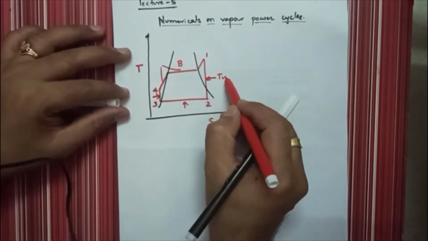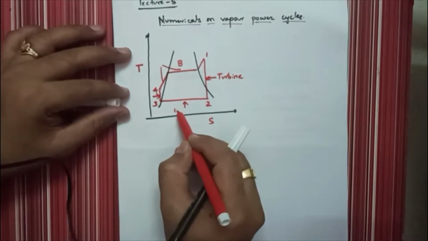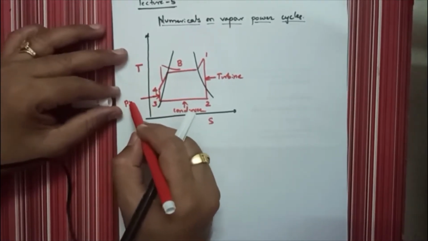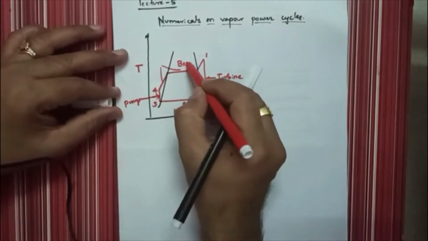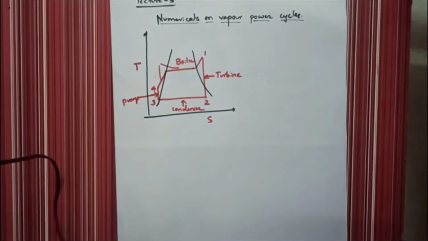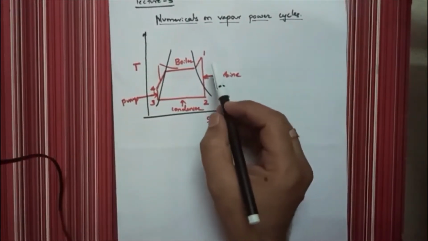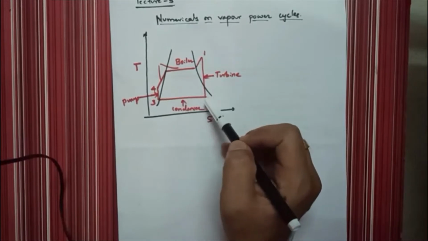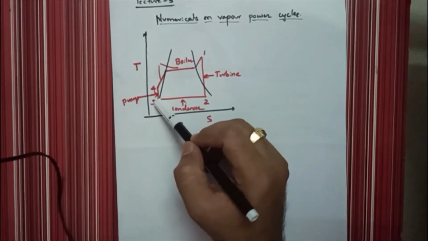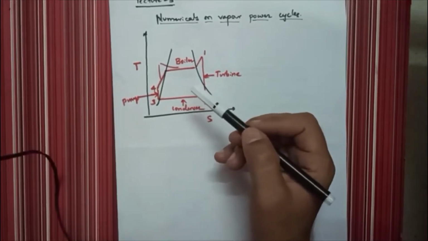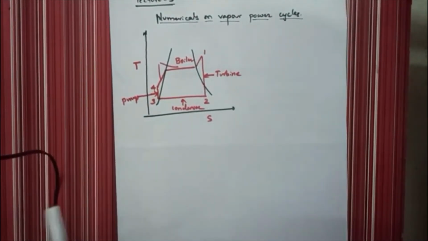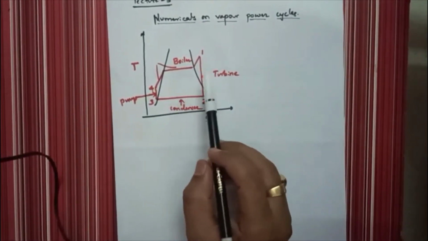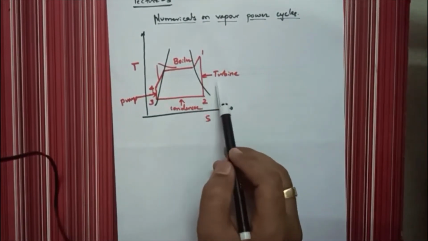This is the turbine, condenser, here it is the pump, and here it is the boiler. Okay, in the previous lectures we have taken different notations. For the turbine you have taken 3 to 4, and for the condenser you have taken 4 to 1. And dear students, it is left to you. Different books will take different notations. So don't bother with the notations, whether you have taken 1, 2, 3, 4 or ABCD. Just see the name of the component and what type of process it is.